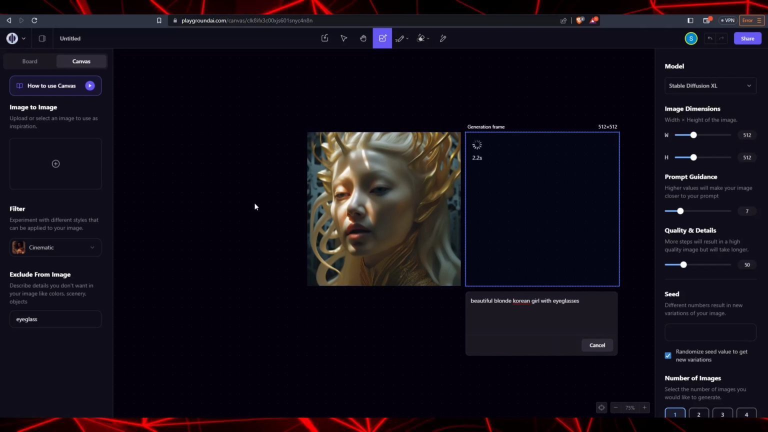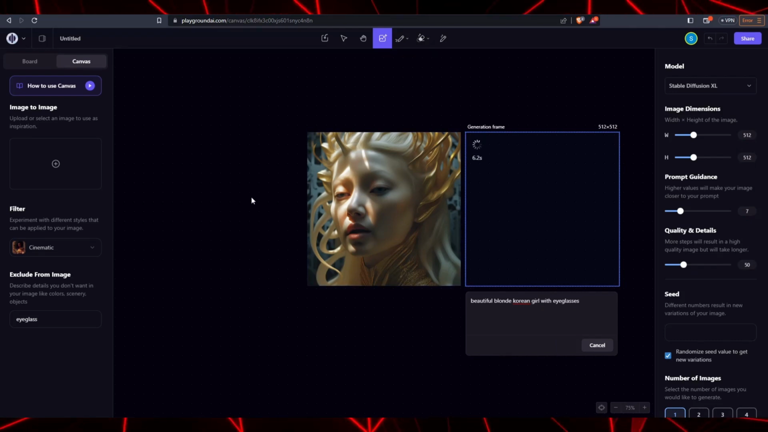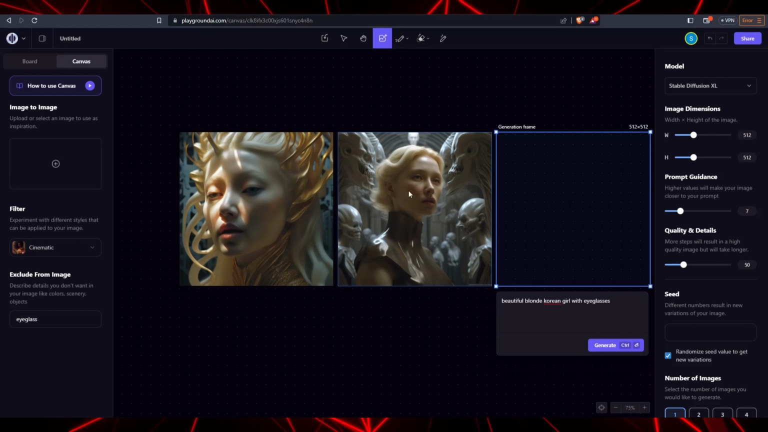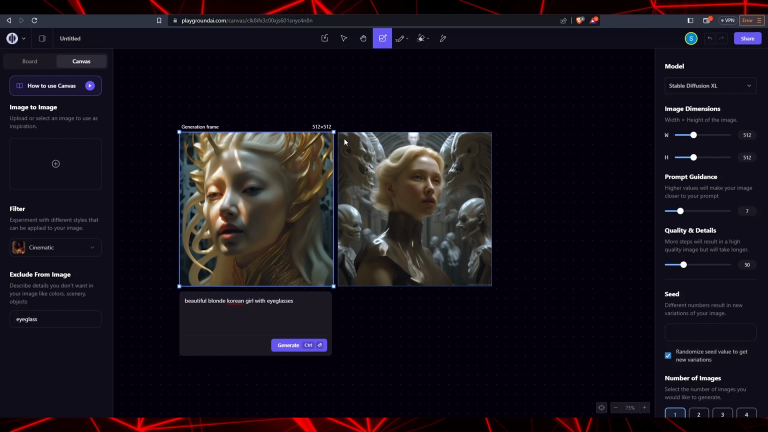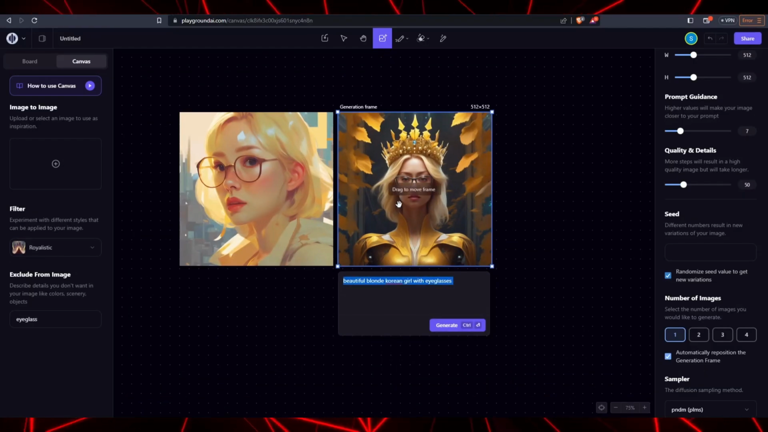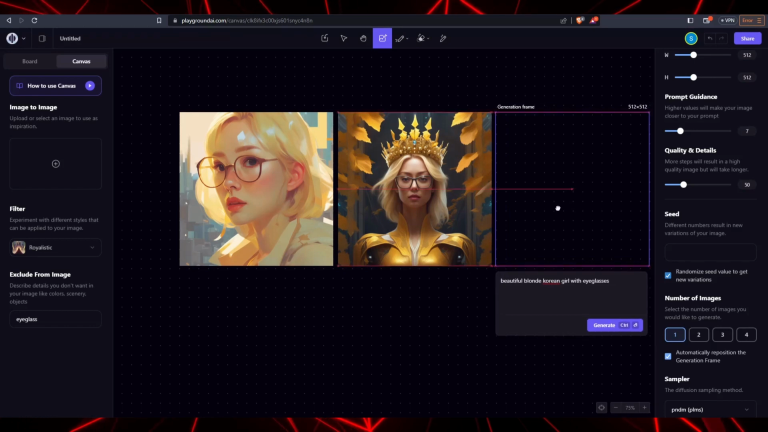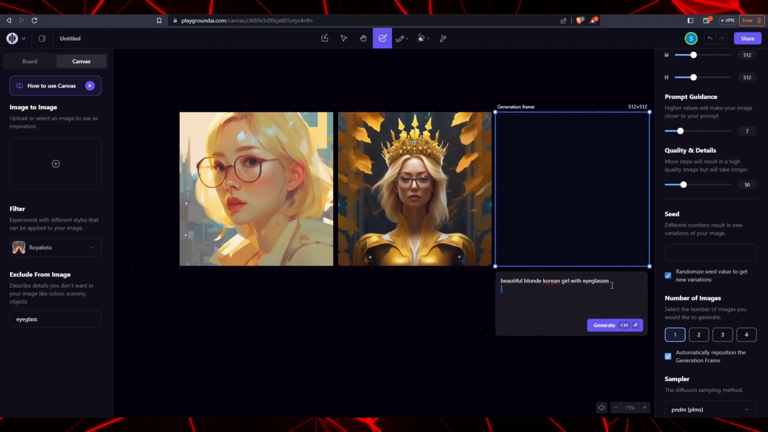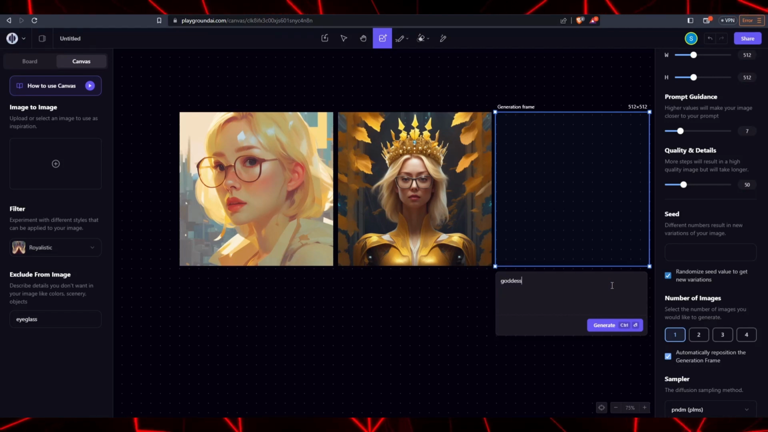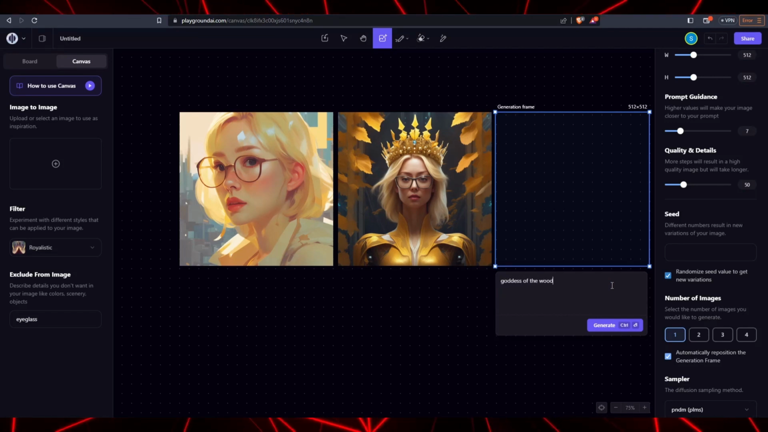Now for the second image, let's try using a royalistic filter. As you can see, Playground AI can regenerate the images in real time using a very nifty and user-friendly experience. Now, let's make a third image by dragging the generation frame from the second image to an empty space right next to it. Now, for the third image, let's change the prompt one more time into something like this, a